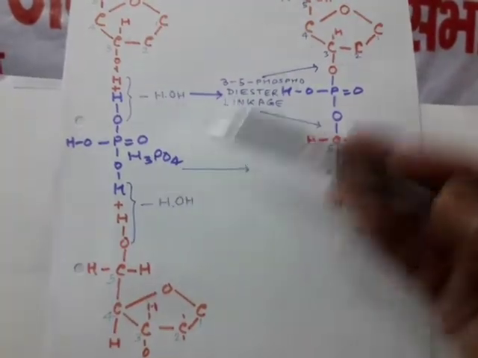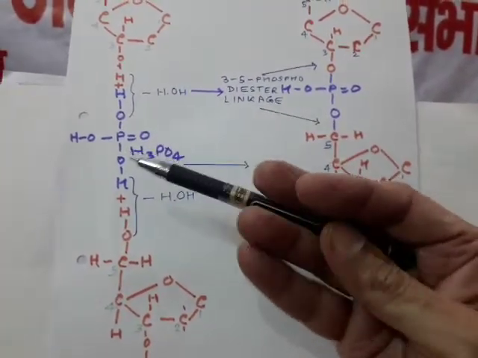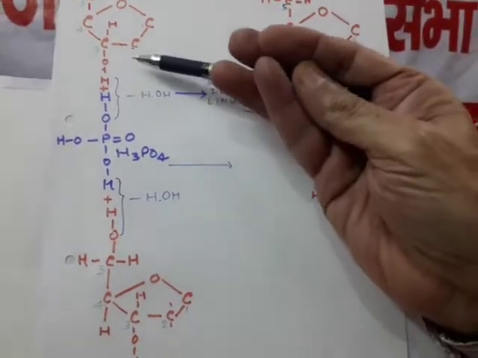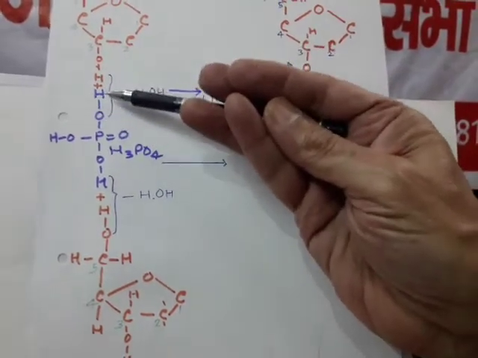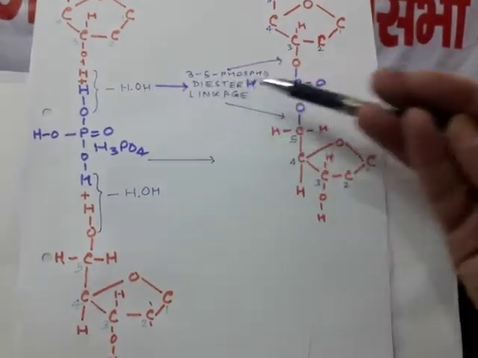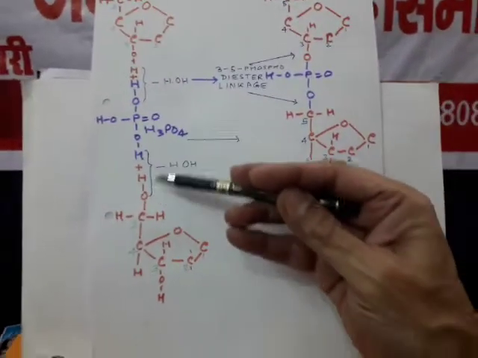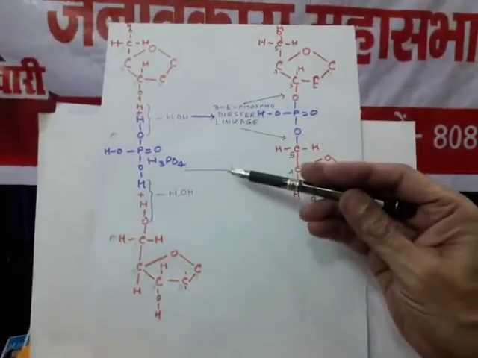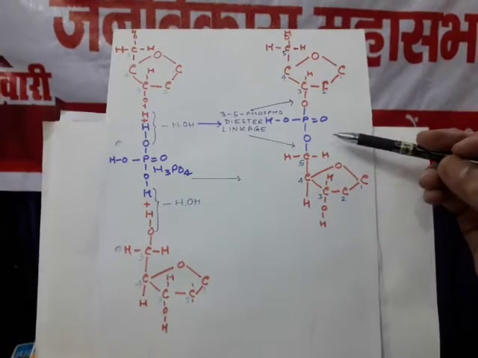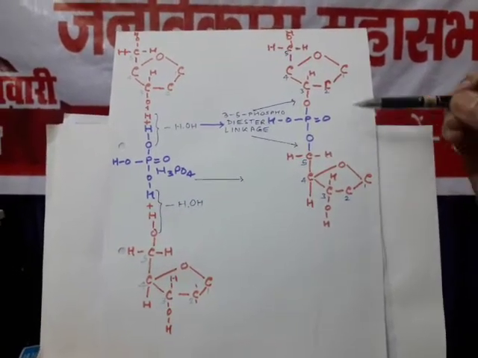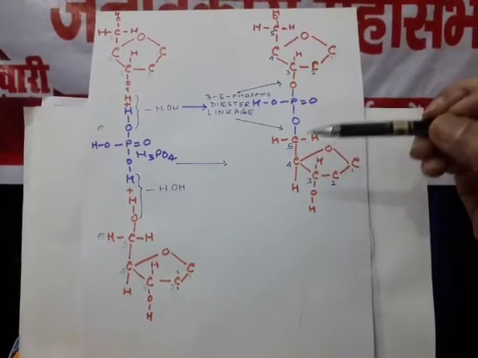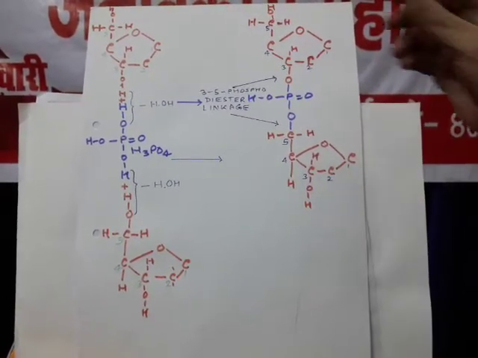There is a rule that whenever two OH groups come together, one HOH, or water molecule, is eliminated. Here also you can see there is an OH group here and an OH group here, so one HOH is eliminated and only one oxygen remains. Here also we have one OH, here also one OH, one H2O is eliminated and only one oxygen is there. So we get an ester linkage at the 3 point and 5 point, so it is called 3,5-phosphodiester linkage.